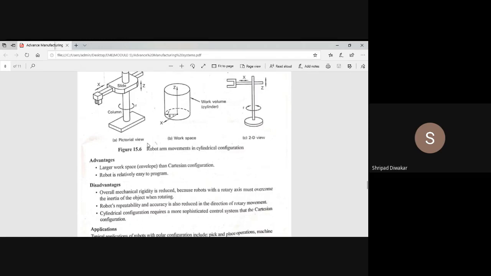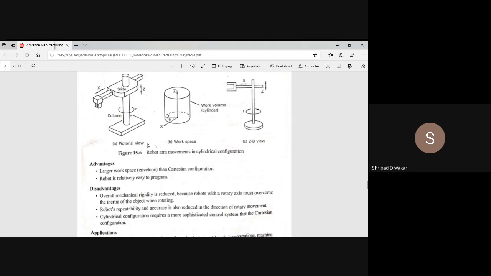So we will not get the required accuracy compared to Cartesian coordinates, and it requires a more sophisticated control system. The control system is easy in Cartesian coordinates, but in cylindrical coordinates it is sophisticated. Hence, the cost will be more compared to Cartesian coordinates.